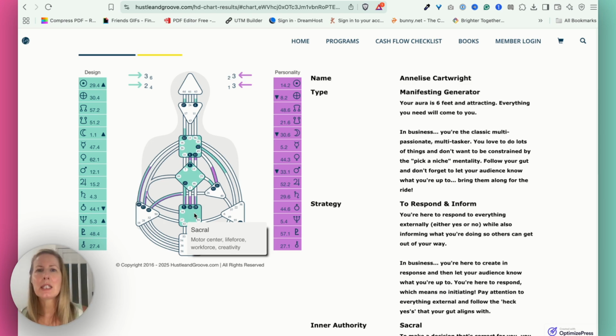So whether it's defined or not, it will depend on the gates that you have access to in this particular center and if there are any channels. And those are the way that you tend to create things. So if you have it defined, then that means that you're a manifesting generator or you're a generator. And this just simply means that we have access to this center 24/7. It means that we have all the energy that we could possibly need to bring something to life.